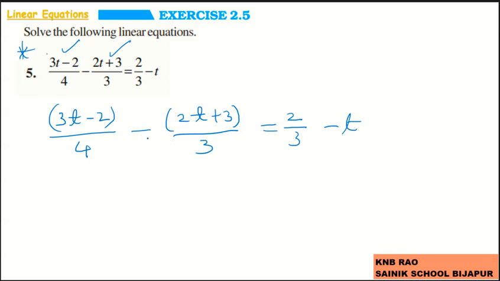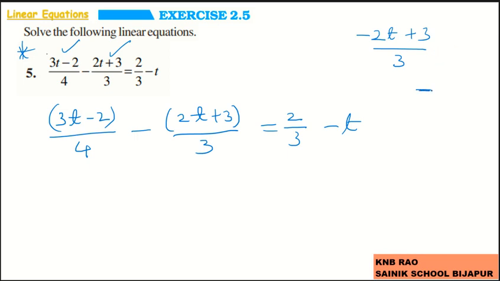Why? Because I have to remove this bracket. It means the same here. There is a difference in minus (2t plus 3) by 3